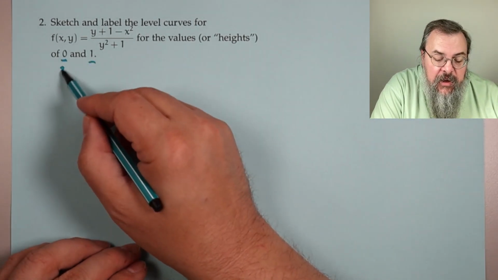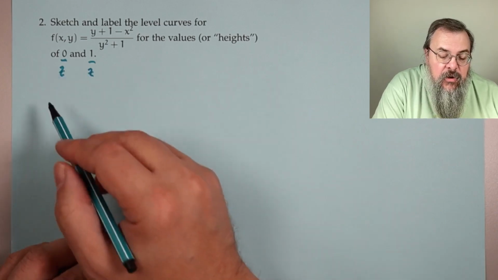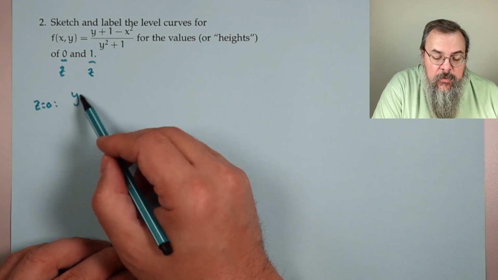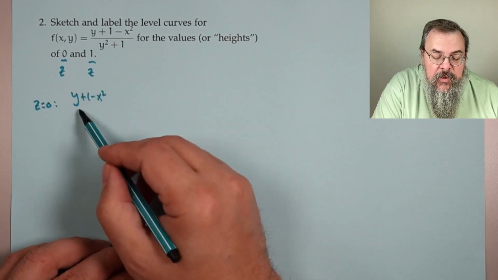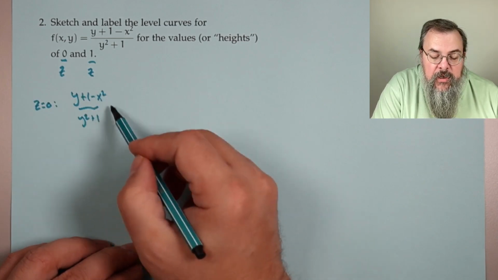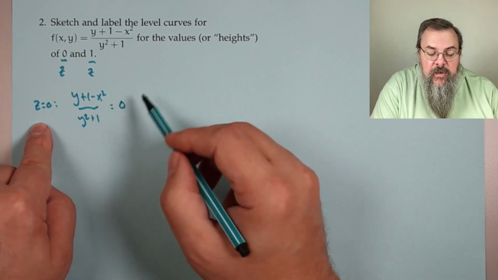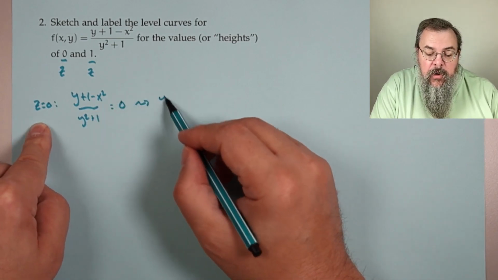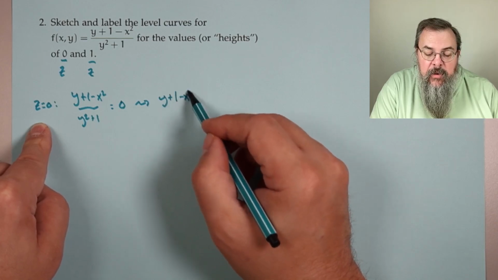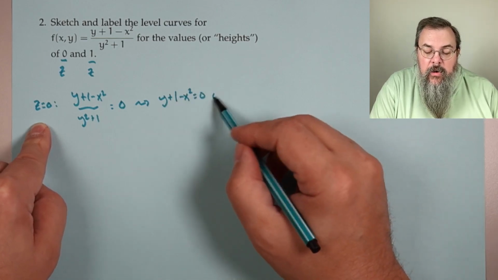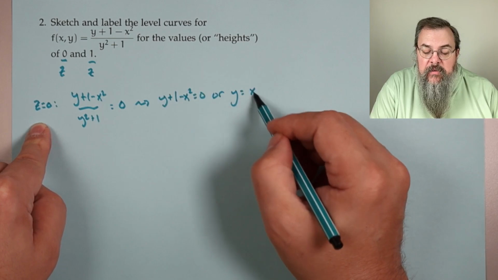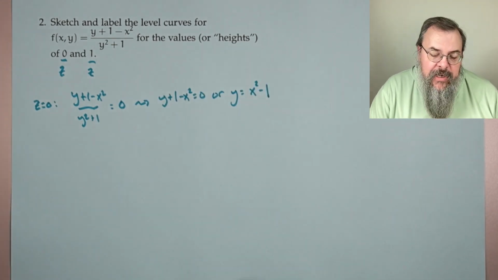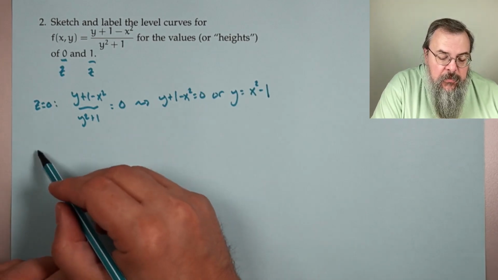Well, that says 0 and 1. These are z values. So for z equals 0, we're going to set our function y plus 1 minus x squared over y squared plus 1 equal to this value 0, and then figure out what the curve looks like. Well, that's y plus 1 minus x squared equals 0, or that's y equals x squared minus 1. So that's a parabola. Okay, so we'll sketch that parabola in a second. For z equals 1,